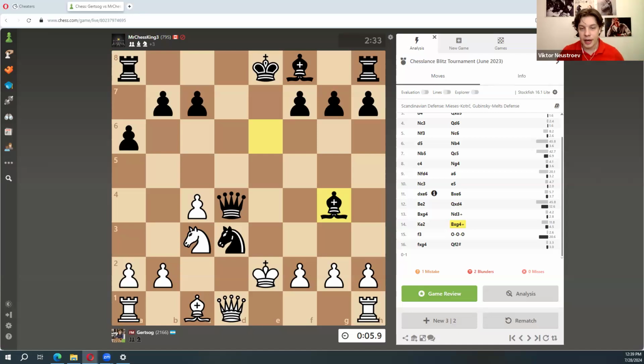And the third reason to use an engine is when sometimes the positions are tough enough and you just cannot come up with a move. You just don't know what you should be doing in this position. And then you turn the engine on, the engine tells you the move, you play it, and then you try to play on your own. So this is cheating too, and I want you guys to avoid it.